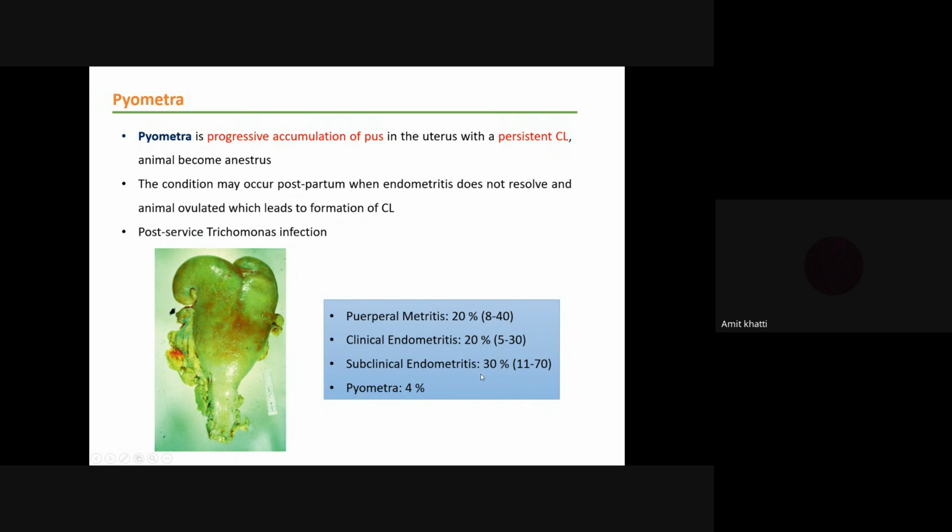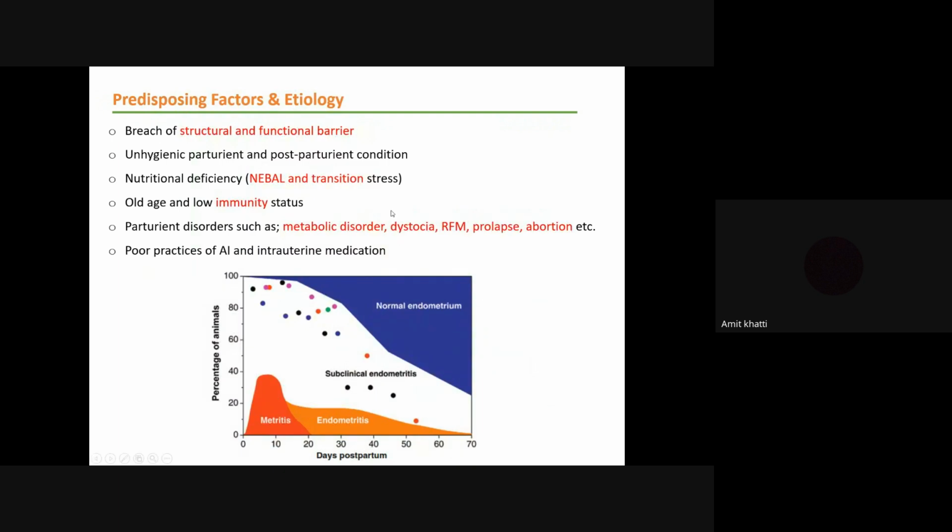And here you can see the highest incidence is observed in subclinical endometritis. And this is the main cause of repeating of the animal, or we can say the failure of reproduction. So now we will be discussing what the different predisposing factors are and what the etiology behind the uterine infection is. So basically, as we have discussed, during the event of parturition, the structural and